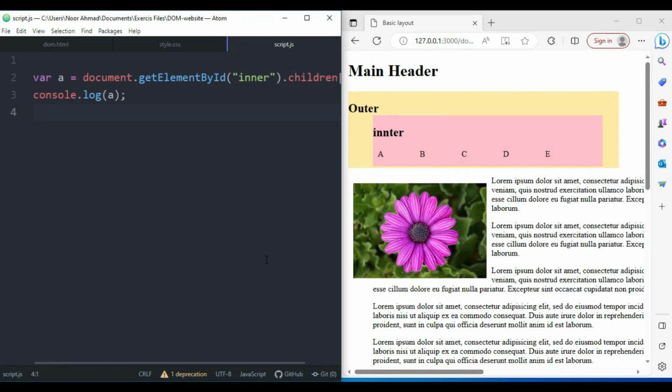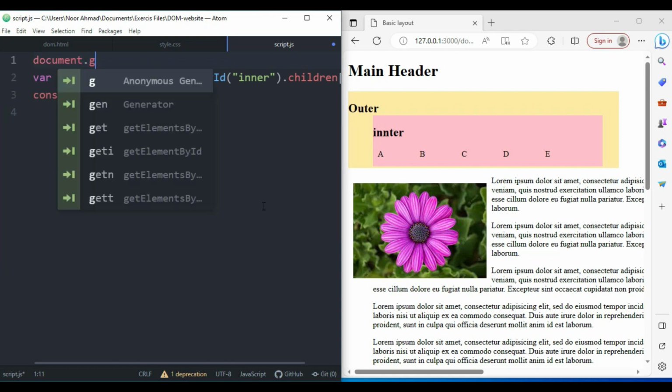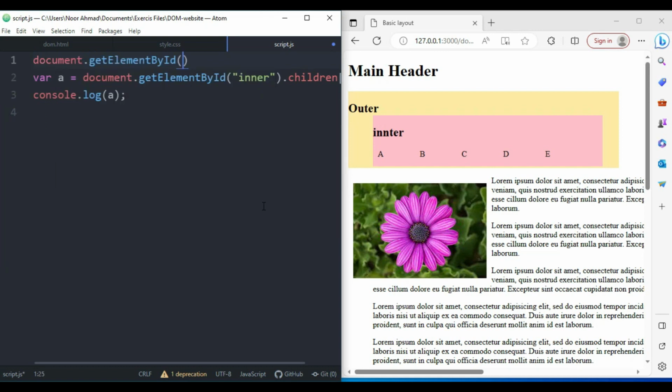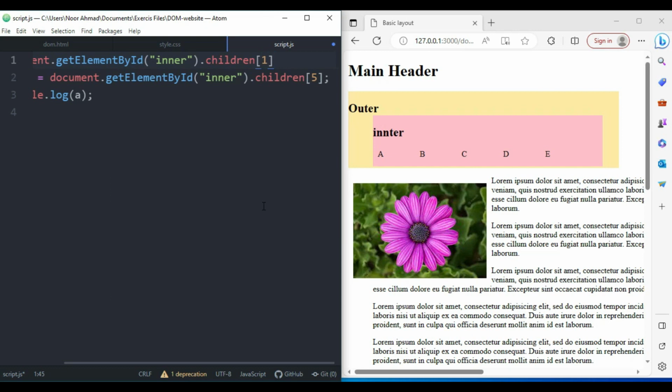So now you understand how to get the value by using the children property, and now we're going to learn how to set the style by using this children property. So here at the top we're going to use document.getElementById, and here we're going to specify the ID, and after that we are going to say children. Then we are going to specify the index number 1,